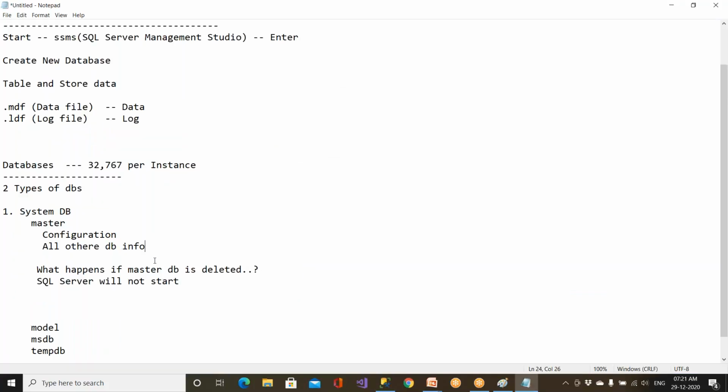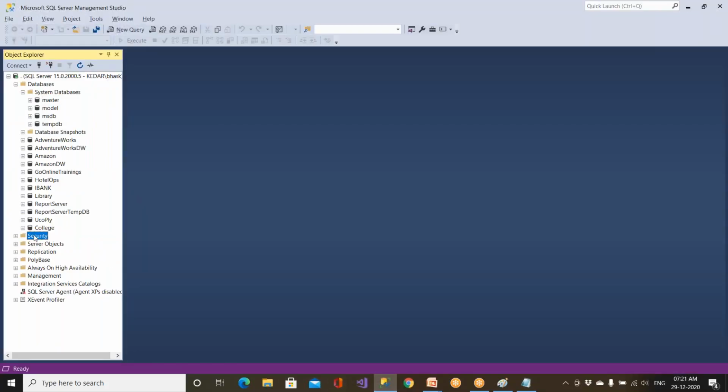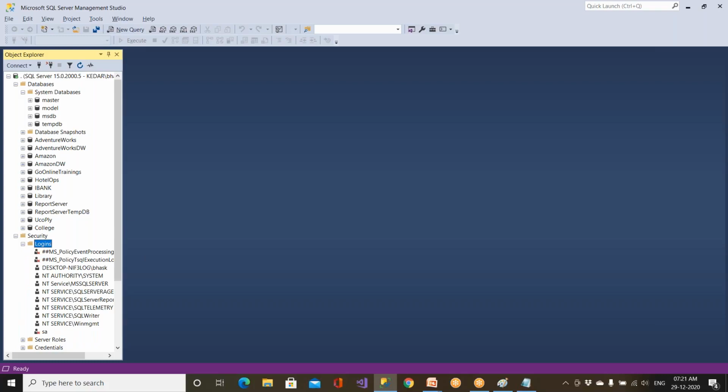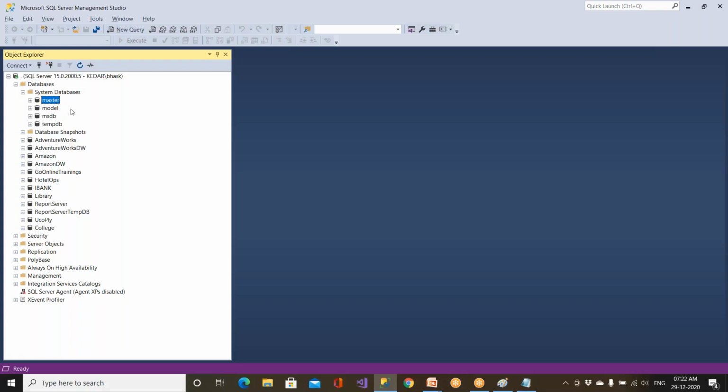And all your user IDs and passwords. Clear? Users and the passwords are going to be there. Tomorrow we are going to create a lot of security logins. Clear? Not everybody can get into SQL Server. There are some permissions going to be given. So all user IDs and passwords are going to be captured. So when you're talking about security, when you say my user ID is Bhaskar Jogi, my password is something else, where is that information stored? In this database only. Clear?